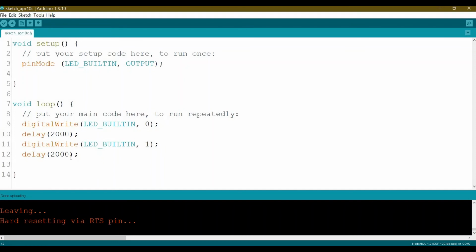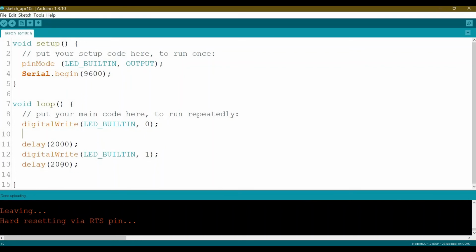Okay, so now again, we'll add more functionality to our code. We will try to add the serial print. So in order to use the serial print, first we have to initialize it by using serial.begin with the baud rate. Let's use 9600. Then here we will try to print some comment to the serial port. Let's say